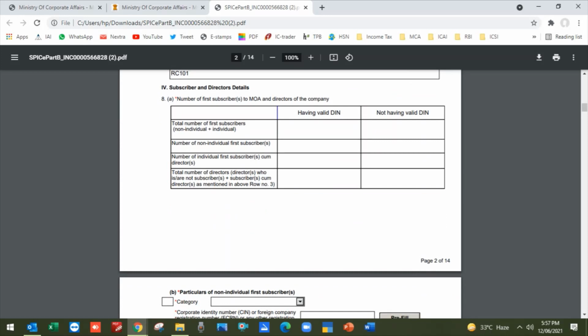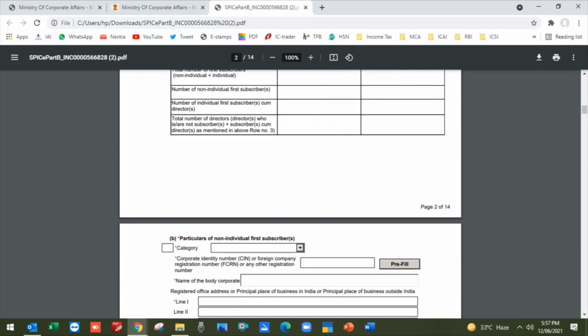If one director has a DIN and another director does not, you fill one here and one in the section for not having a valid DIN. It is very easy to incorporate a company if you already have a DIN, because if you don't, you have to provide some additional information.